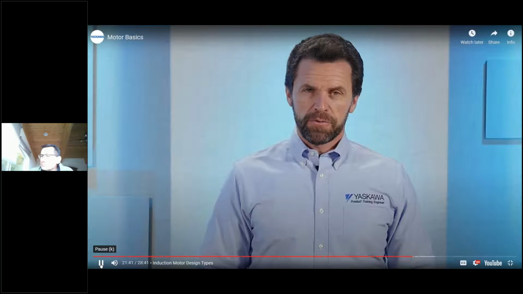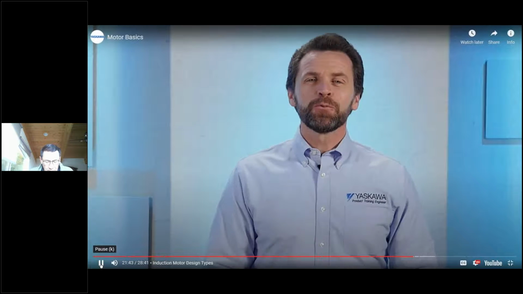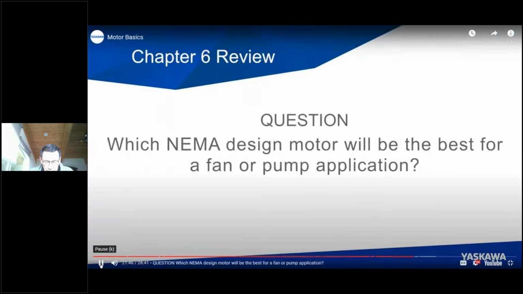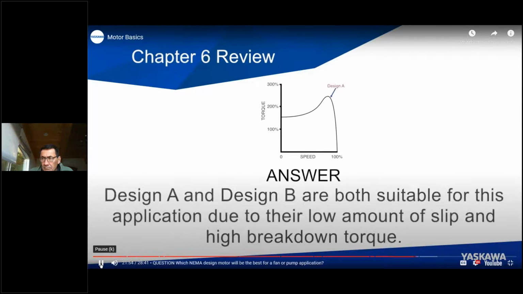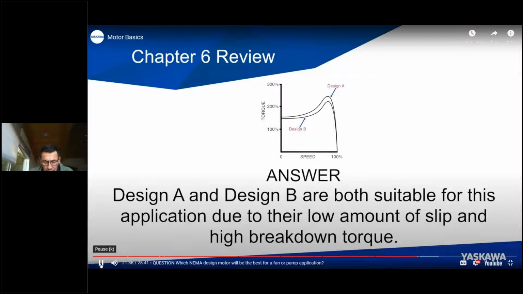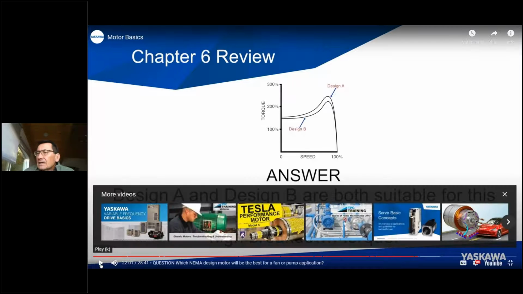All right, before moving on, here is another review question. Which NEMA Design motor will be the best for a fan or pump application? The answer? Design A and Design B are both suitable for this application due to their low amount of slip and high breakdown torque. Again, I want to emphasize that Design A is what we use today, and while B